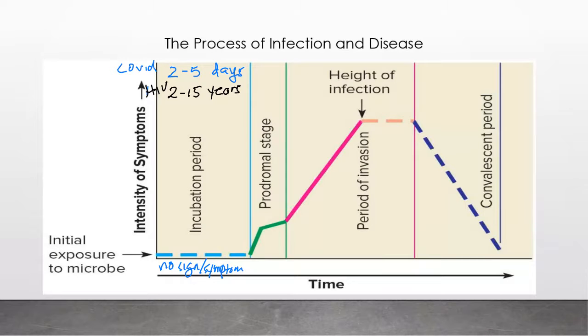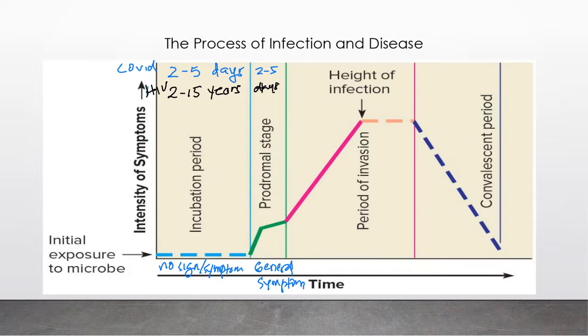Okay, the next one is prodromal stage. This will be general symptom. Okay, so over here, general symptom. Okay. Maybe for COVID-19 is around 2 to 5 days. Okay. For the HIV, maybe several years. I mean, several maybe days or months. Okay. And then the next stage will be